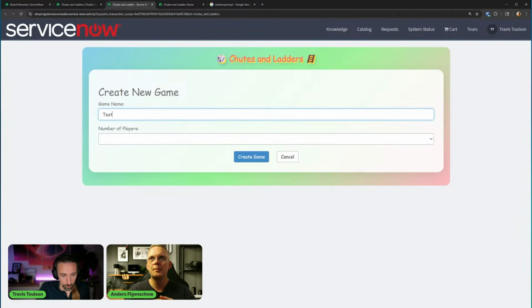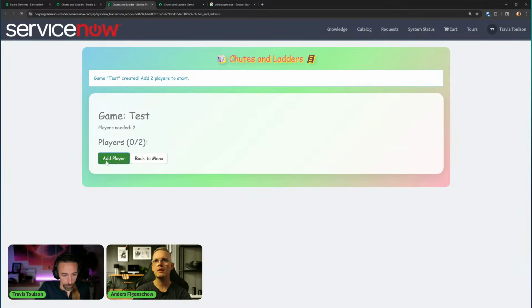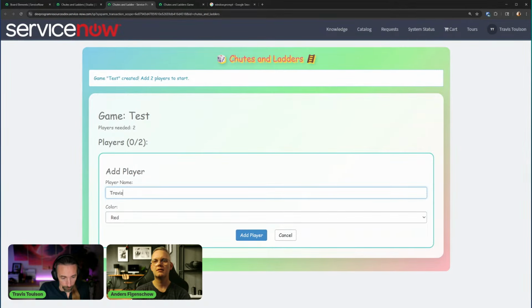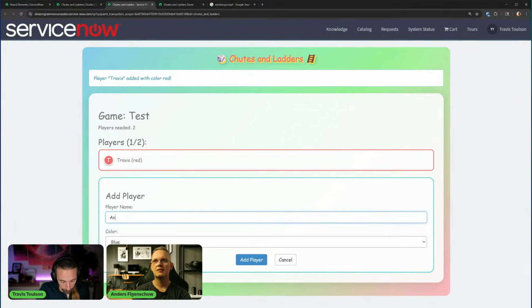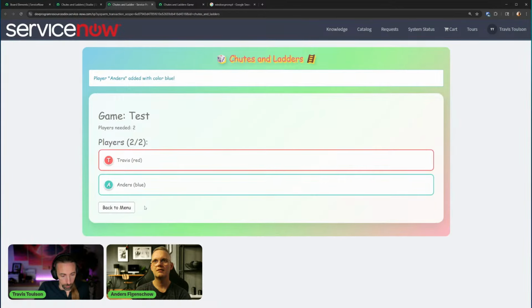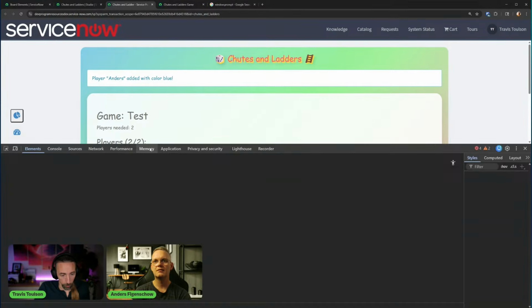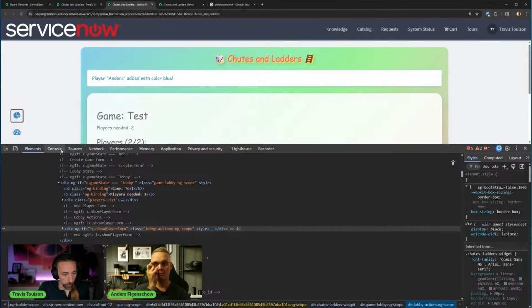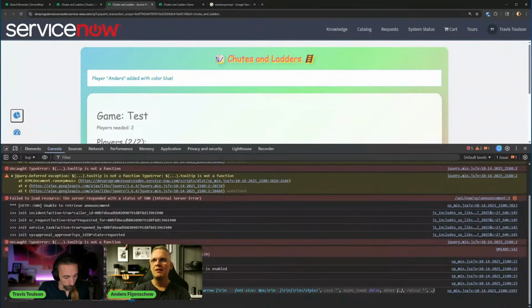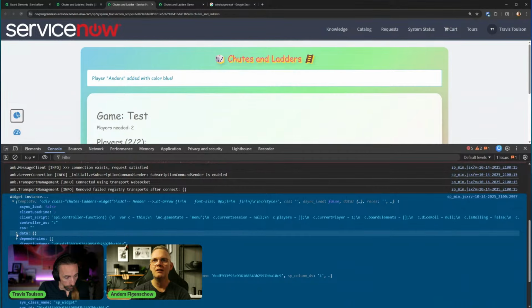Test. Add player. Add player. Okay, so then what we could do is inspect, and we could log that scope out and take a look at our